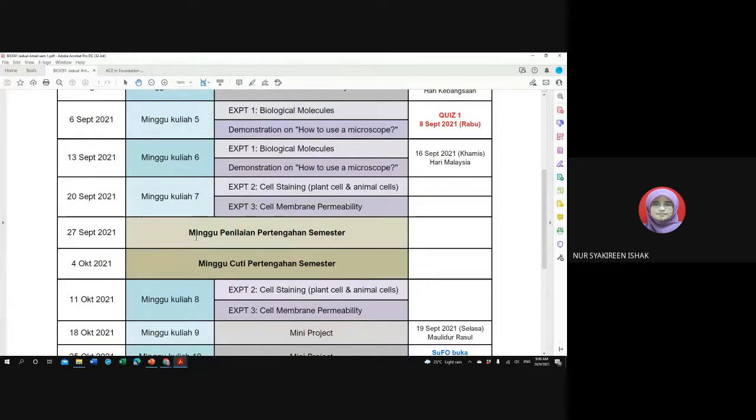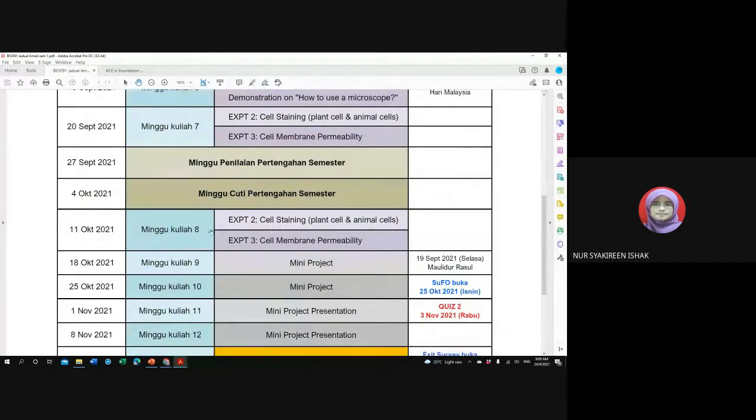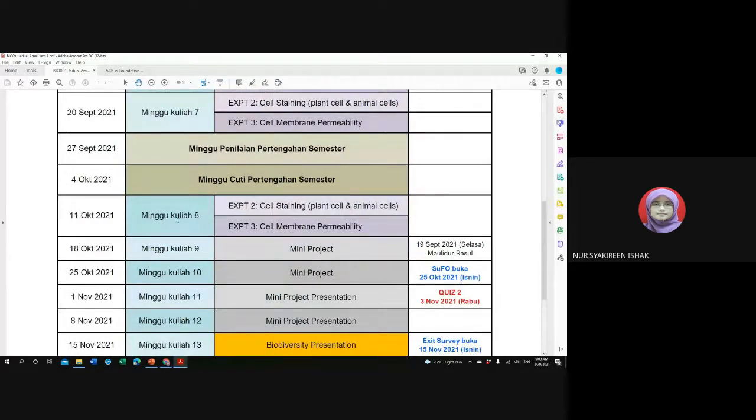You have your test next week, and then you have your holiday, can midterm break, and then continue with week 8. Okay, so minggu ni sebab you all dah buat eksperimen ni minggu ni, so that one should be minggu tu free. Okay, tapi make sure to submit the report on Friday lah. Okay, and then with week after that, week 9, week 10. Okay, so this is the week that you have to